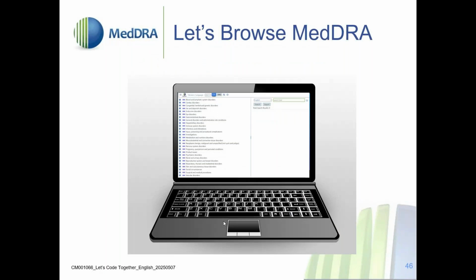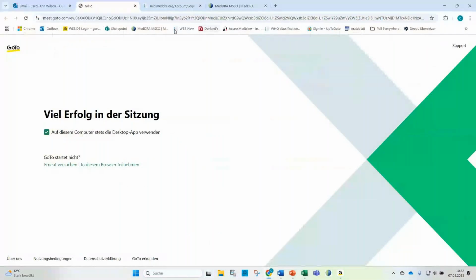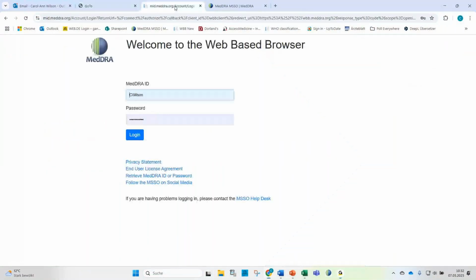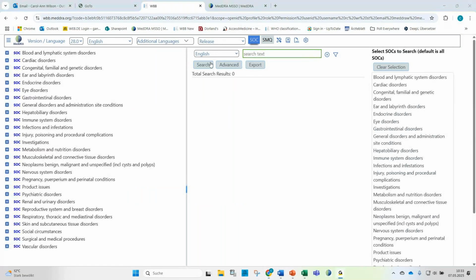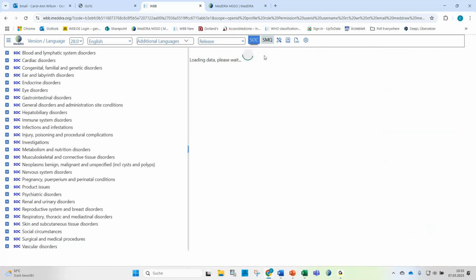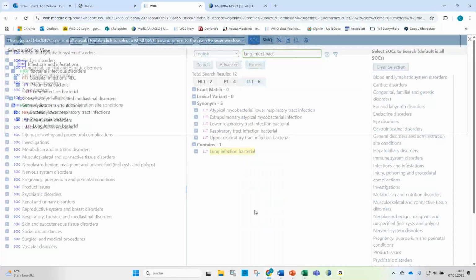Now let me switch to the browser, and I will also use the new web-based browser. Let me log in and search for first lung infection bacteria. We said this is of course available. So a vague term, this was one of the options. Here we are. Go to browser,